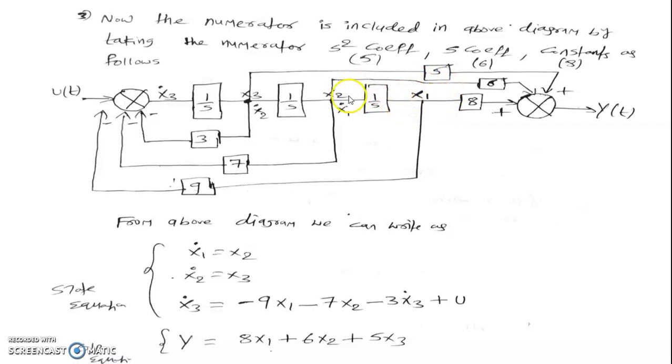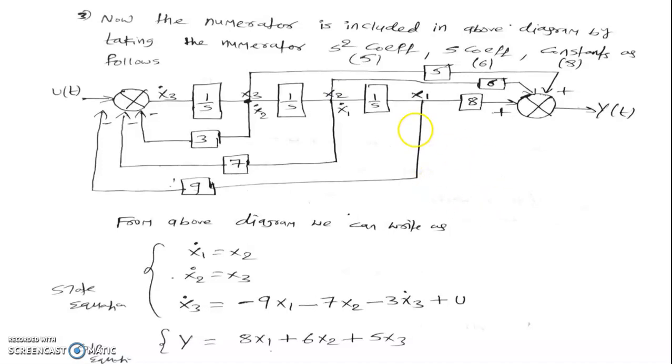So next x2 here, x3 here. Like this we have to assume here. From this diagram we have to write the state equation and output equation now. The state equation general form is x dot is equal to Ax plus Bu. That is, x dot is equal to, in terms of x and u you have to write.